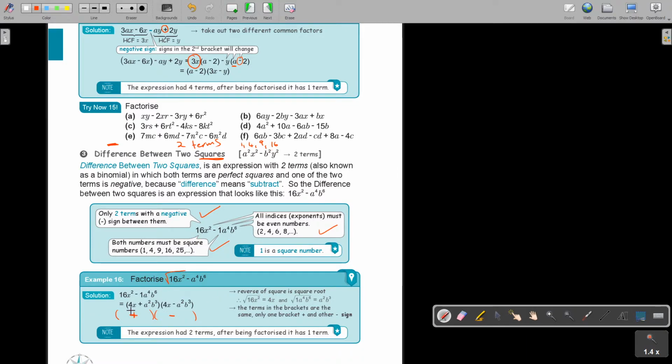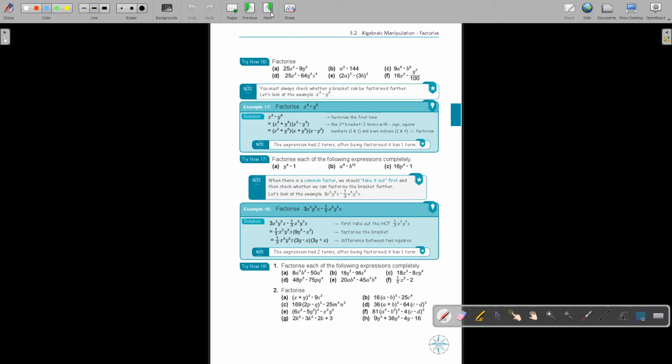If there's a square root, it will be 4. And that 2 divided by 2 will just be x. And that 4 divided by 2, it's a²b³. And whatever stands there, I will just repeat there. Okay, that's the difference. Then there's always, and I want to show you, because usually the examples are not so